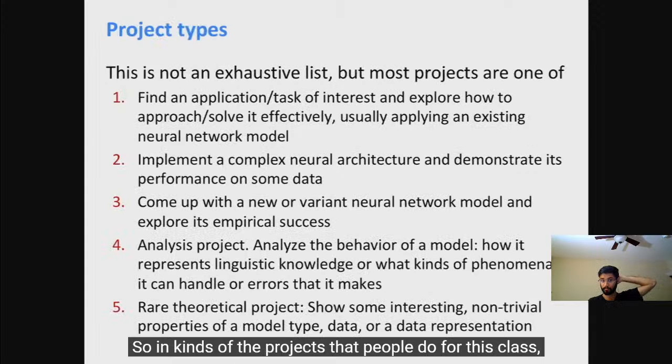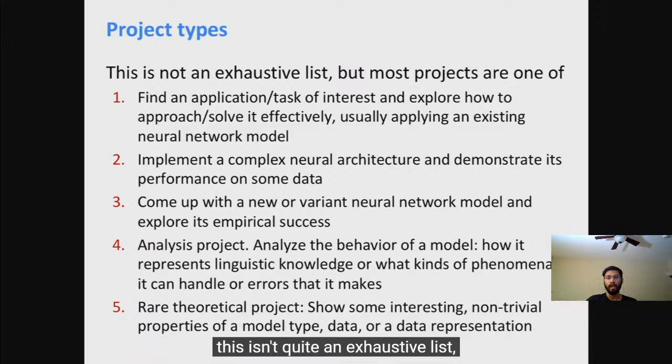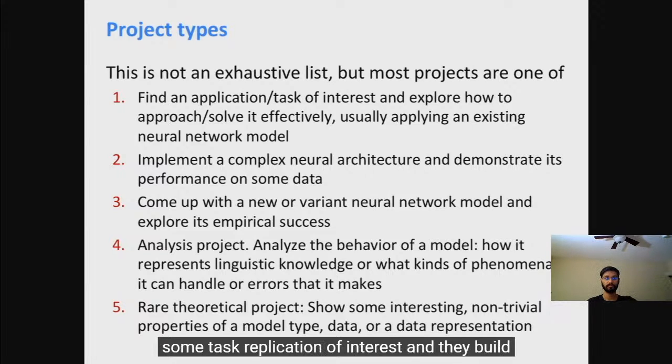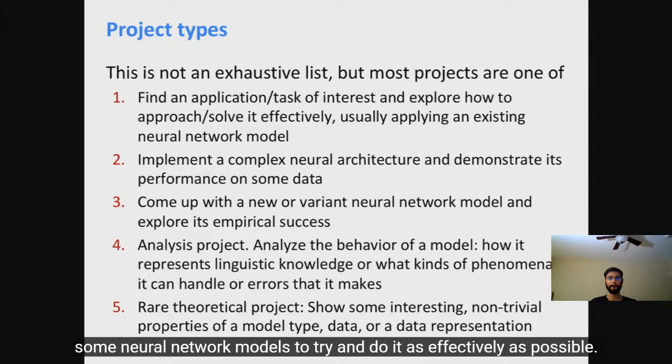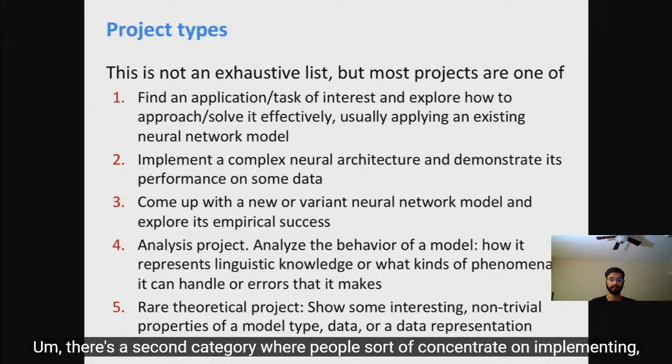So in the kinds of projects that people do for this class, this isn't quite an exhaustive list, but this is in general what people do. The first category, and really I think this is the bulk of projects, over half, is people find some task or application of interest and they build some neural network models to try and do it as effectively as possible. There's a second category where people concentrate on